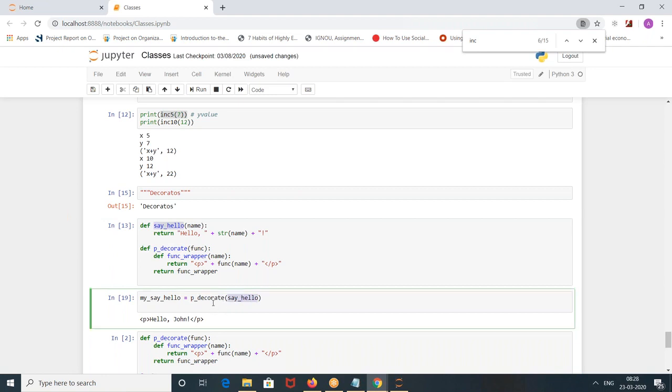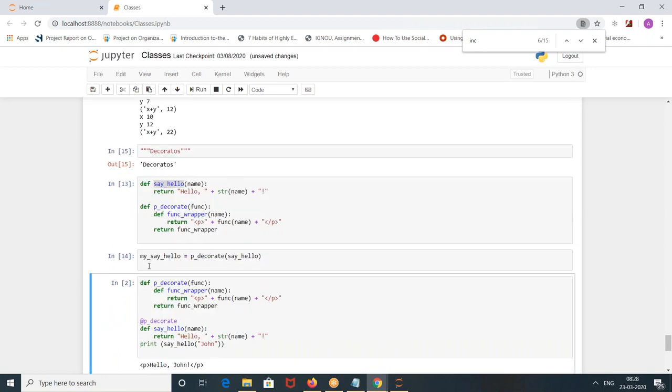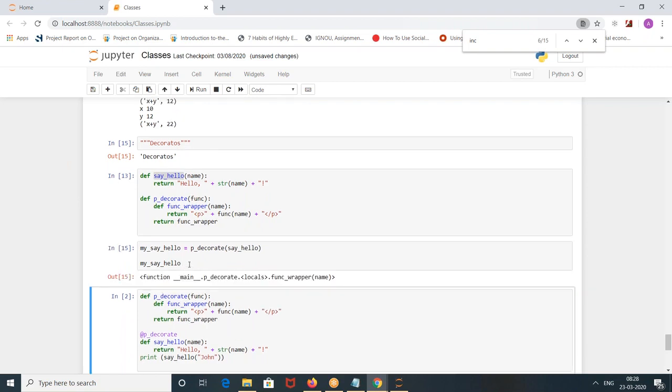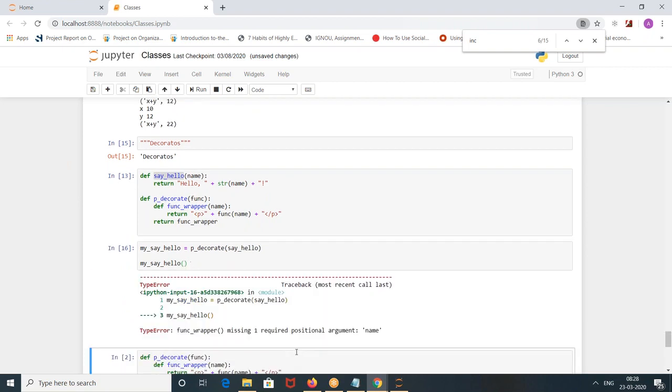When you run it, it will not give you any answer, because my say hello, if you put a dot and a tab, nothing is returning, because it doesn't have any functions within that. But it will tell you this is a function, and when you call it, it will tell you I need one positional argument which is called name. Suppose I pass name Naga.